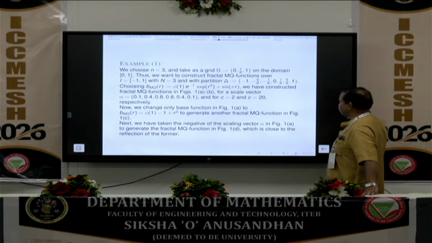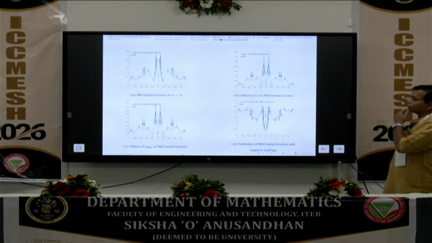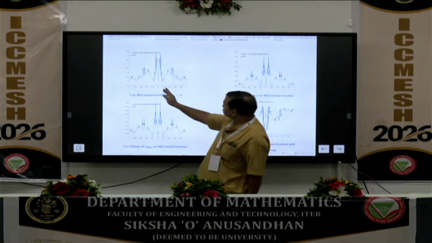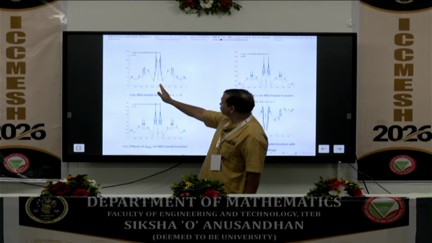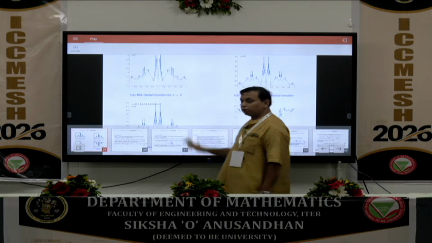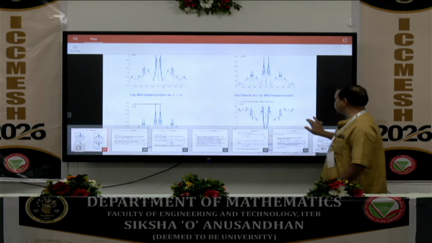You can change different base functions and you can get different results. So this is the fractal multi-quadric function. Around 0 you can see these pictures. These are the radial basis functions. It is symmetric around 0. Okay, so these are the fractal functions which are